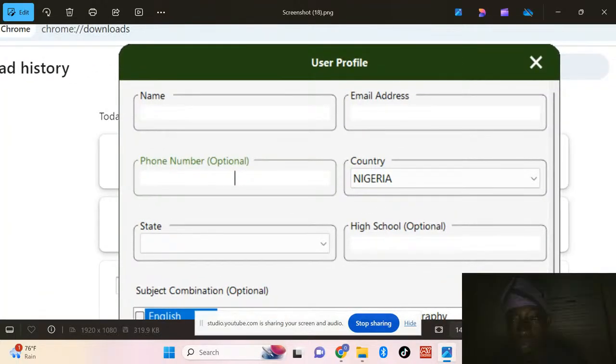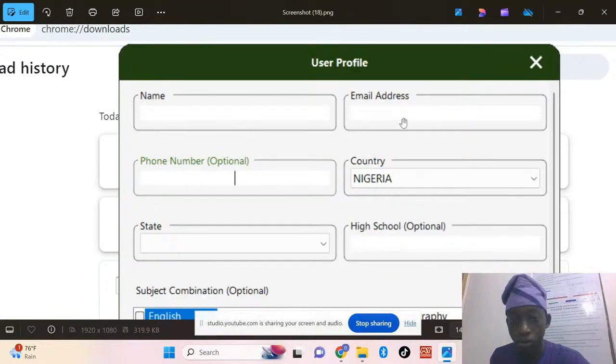So, Mission Hospital. Depending on whatever the board wants, they might ask you to add your name, your email address. But in case of this exam,